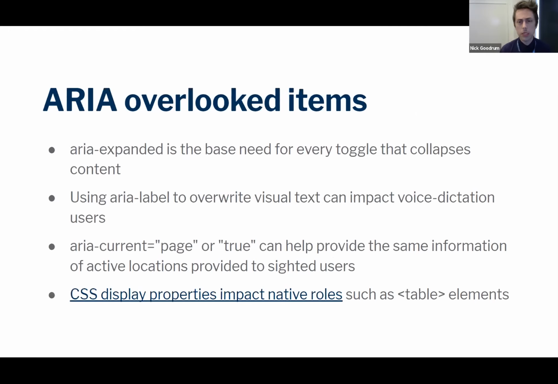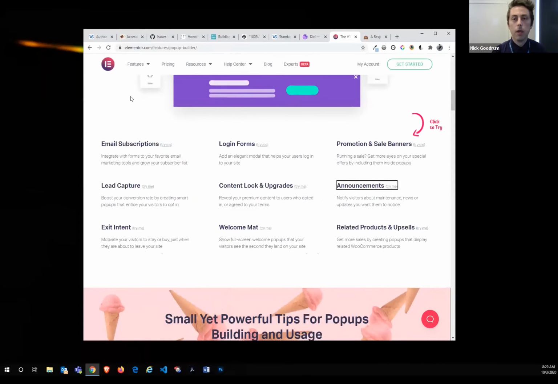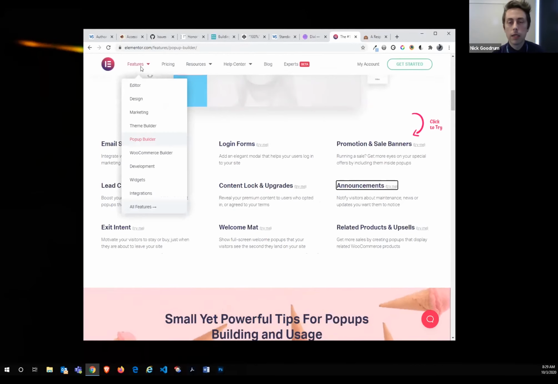So I'll also get into some overlooked ARIA items. aria-expanded is really the base of any toggle when you want to open and close something. To give you an idea of what the screen reader experience is like: sighted users, sites cater to you all the time. Let's say I click on Features or hover over a feature, and it shows something, right?